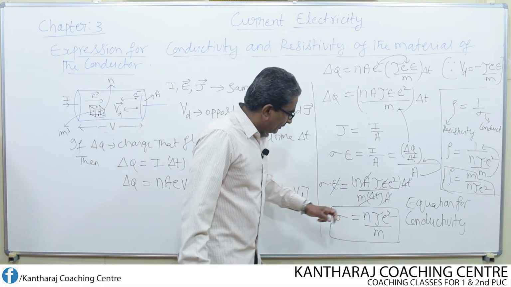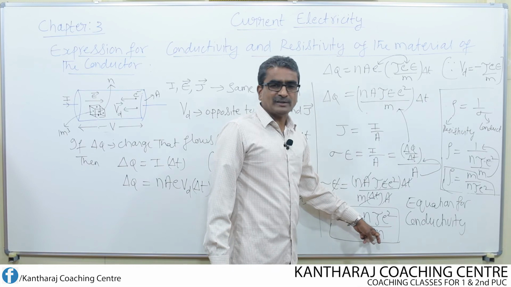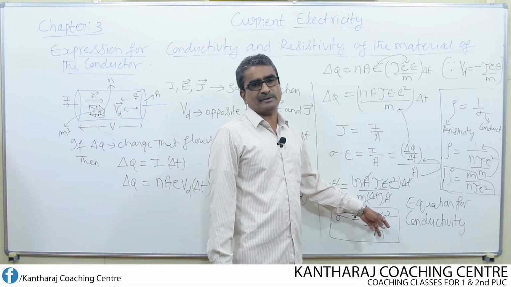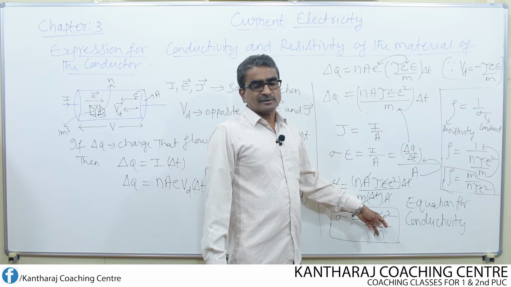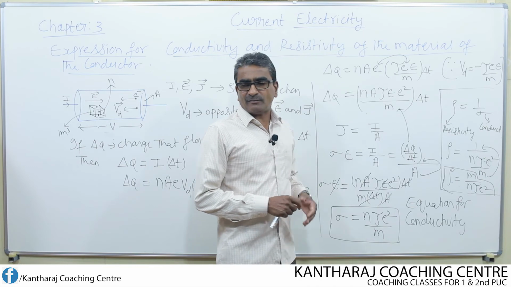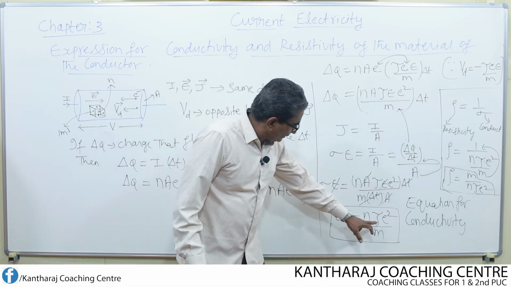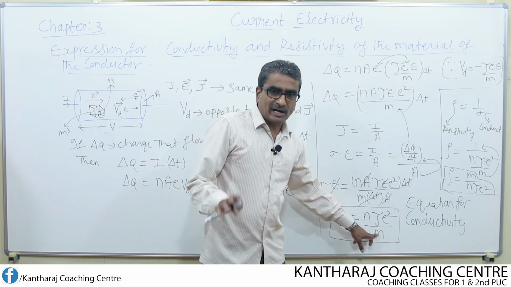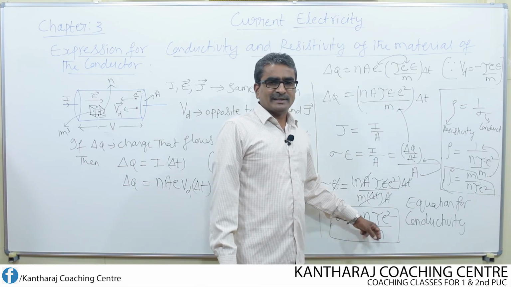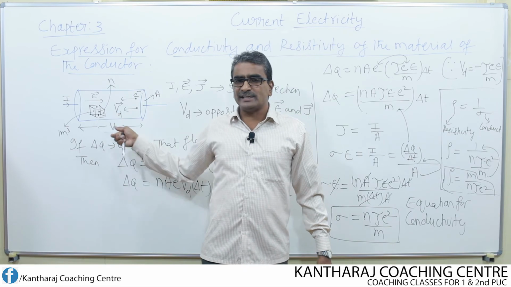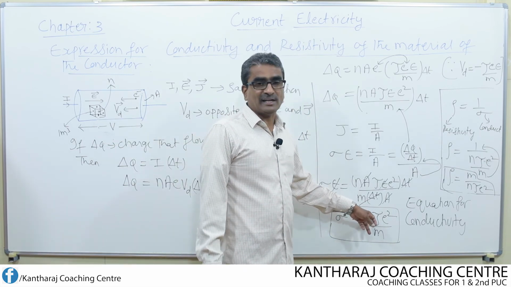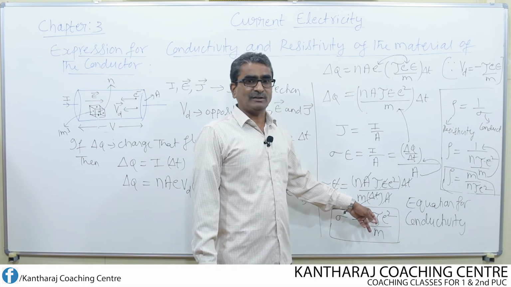See, come back to this equation now. Mass of the electron, that remains constant, never changes. Charge of the electron also remains constant. So what is that which changes? Suppose if the temperature of the conductor changes, E and M are not going to change. Mass and charge are not going to change. Then what may change? Due to change in temperature of the conductor, number density of electron and as well as relaxation time may change. It will change.